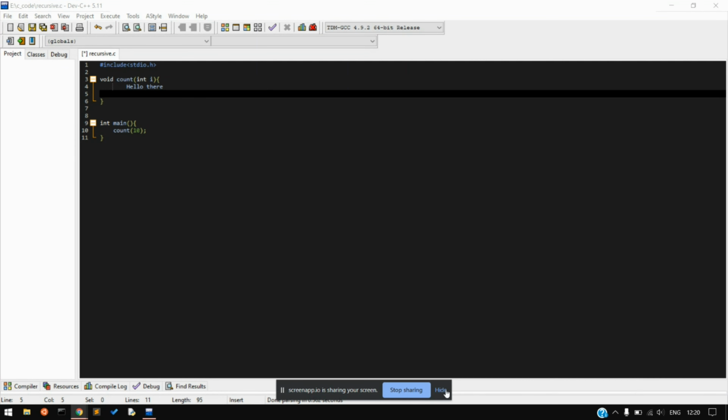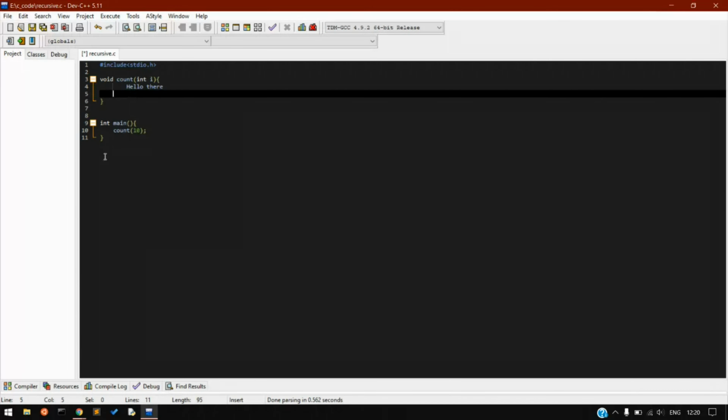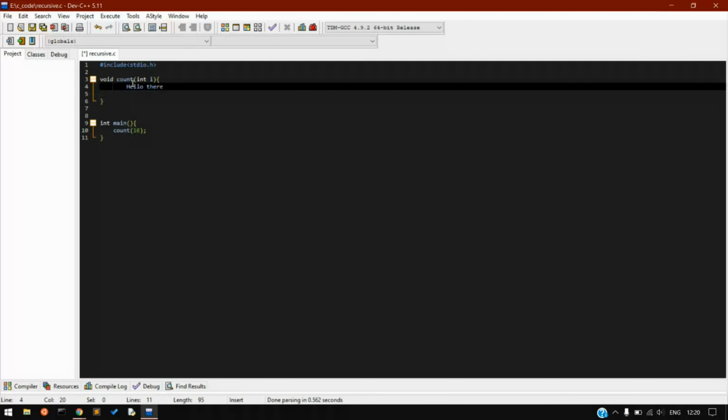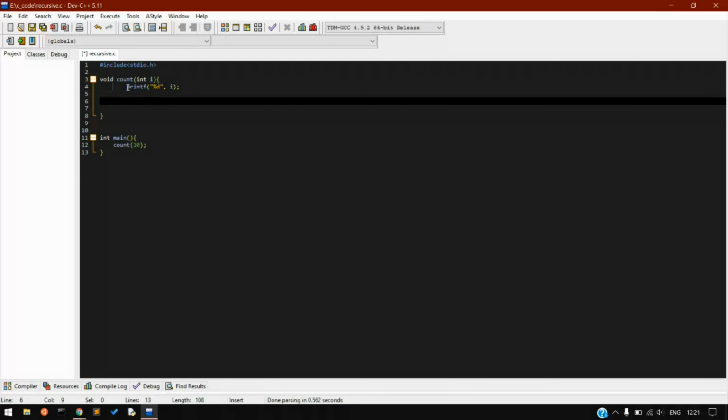Over here, what we have is the main function and the function count, and we are passing the integer 10. So what we want to do is print all the numbers from 10 to 0, 10 to 1 for now, and then I'll teach you how to do it from 1 to 10. First, I will be printing the integer I. That is, for the first time, it will be 10. Then, if I equal to 1,